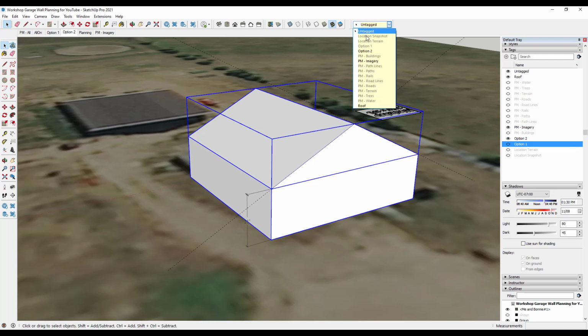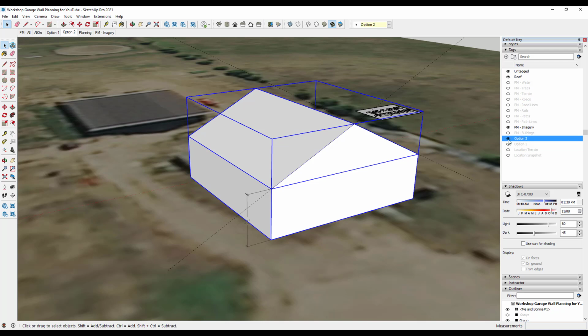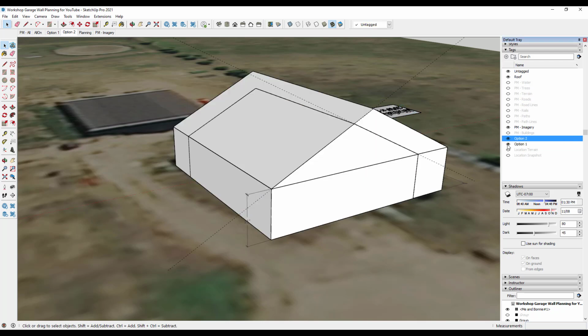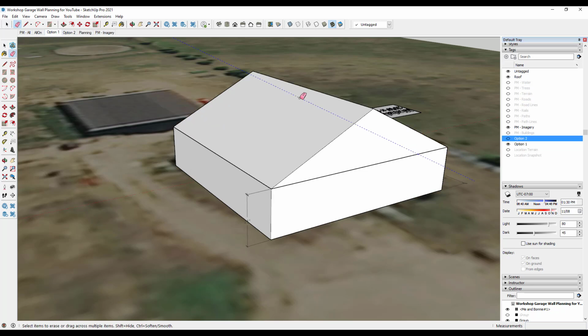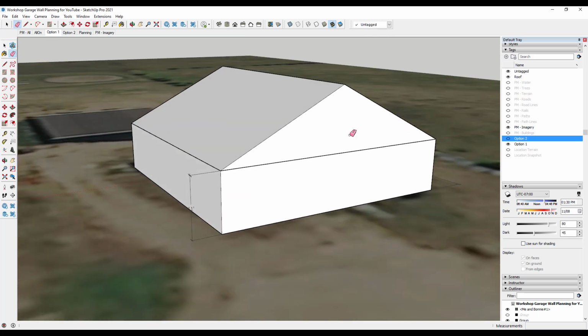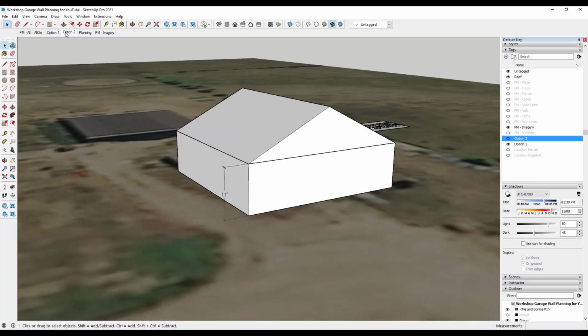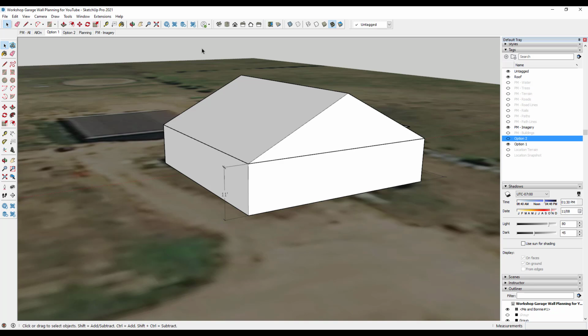And we'll put that group on the option 2 tag. So now I can toggle on and off my option 1 and my option 2. And I'm just going to update this so that I can toggle between them. And so now what we have is these 2 options in here where we can start analyzing things